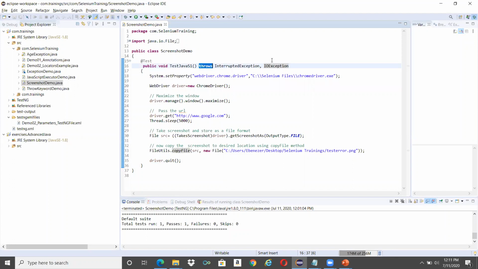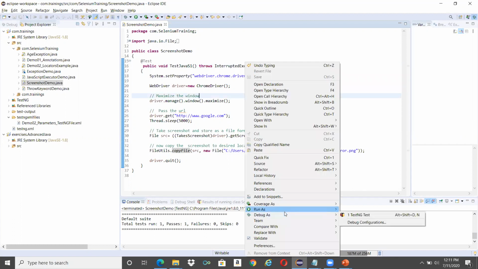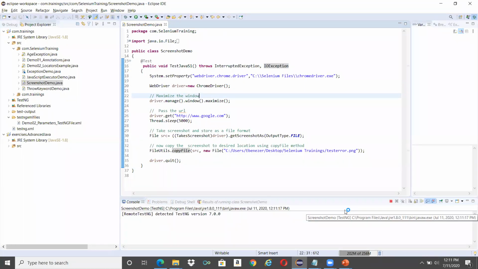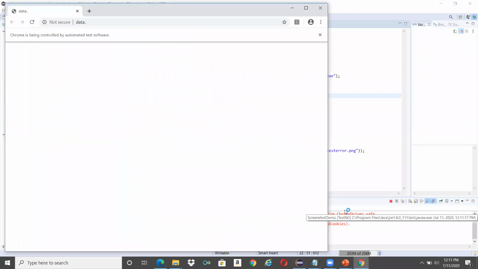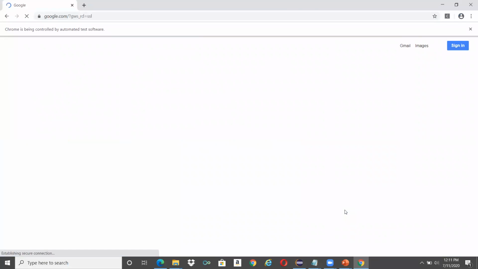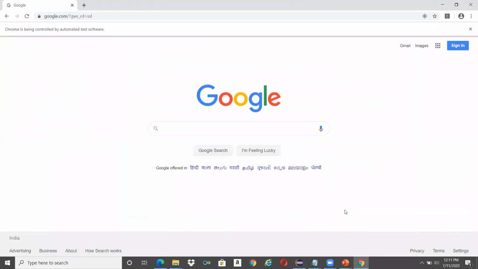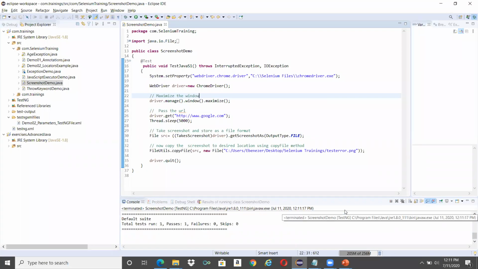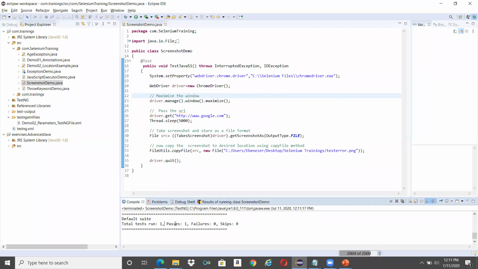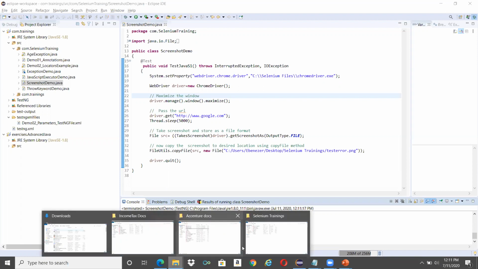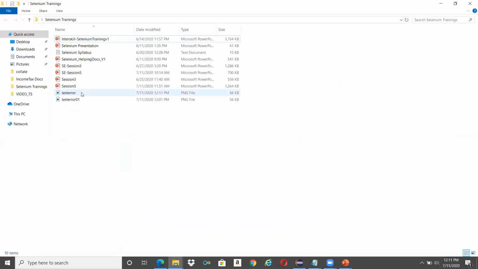Okay, using throws keyword, I'm just using IO exception. So you can see the result here. It is terminated, passed, 0 failures. Let's go here and see whether the screenshot got generated here. Okay.